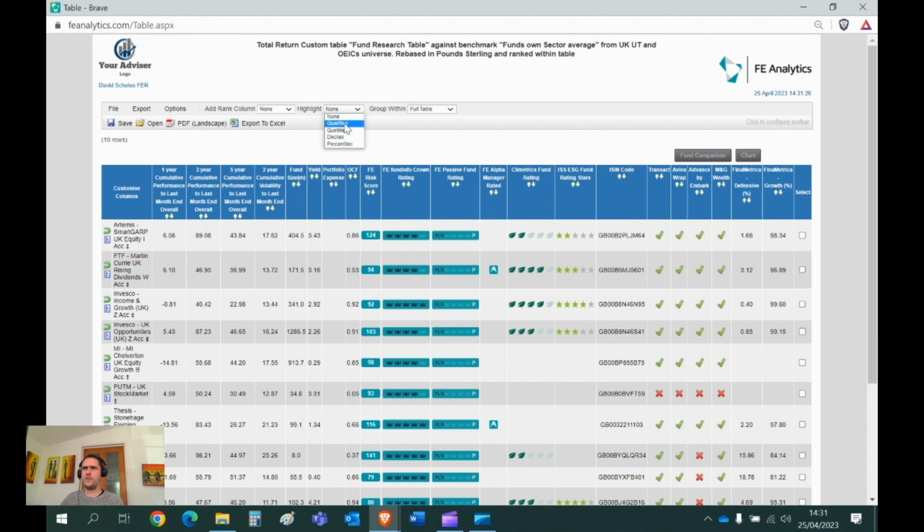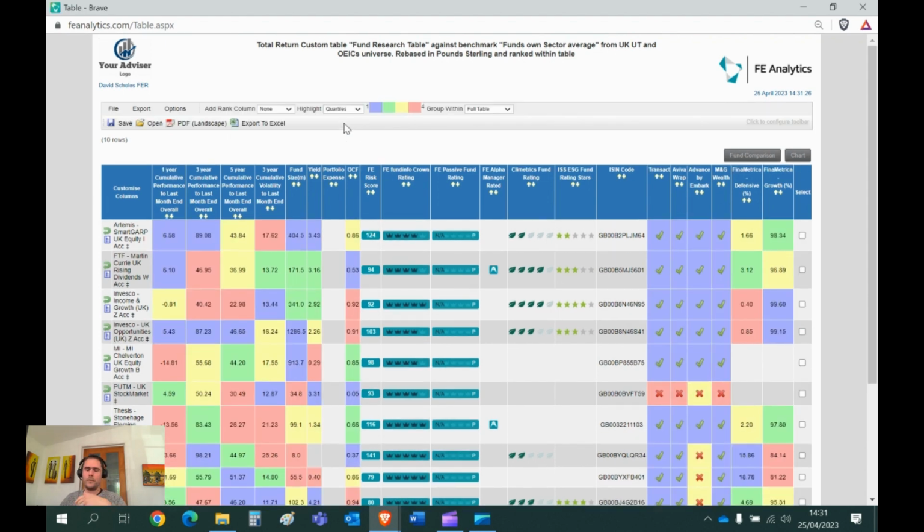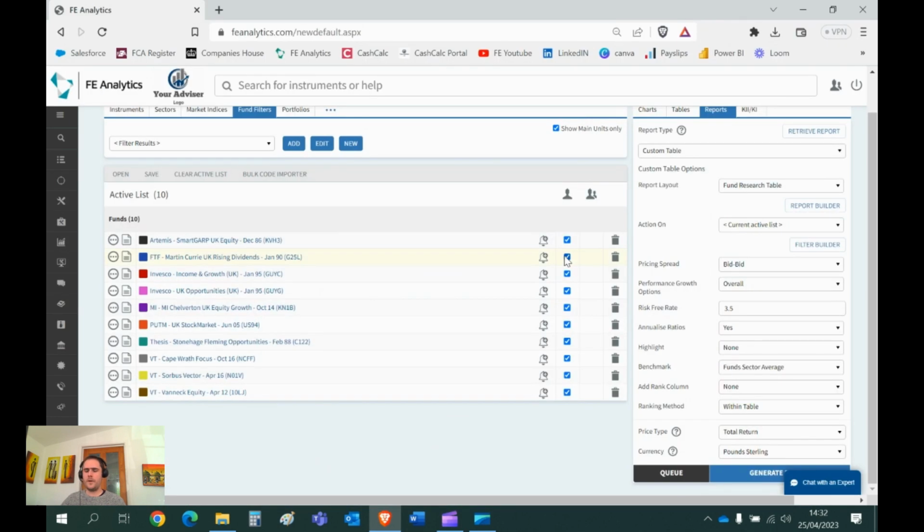And again, same logic as before, I can quartile the color codes, color code the quartiles against each other, or specify it against the sector, and it won't just color code the performance, it will color code everything else as well. Now, just to show you how you can automate that a step further, if you've built a table and you've built a filter, then the next time you do, as you can see on this short video, that's only really maybe have taken me 5 or 10 minutes to build, but the next time you